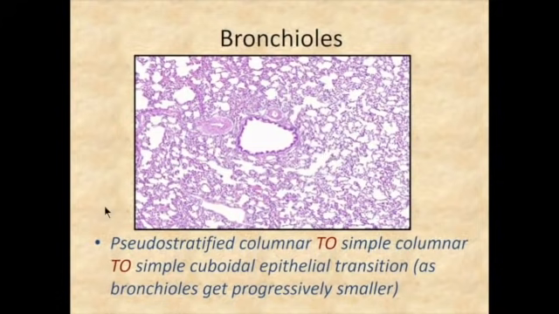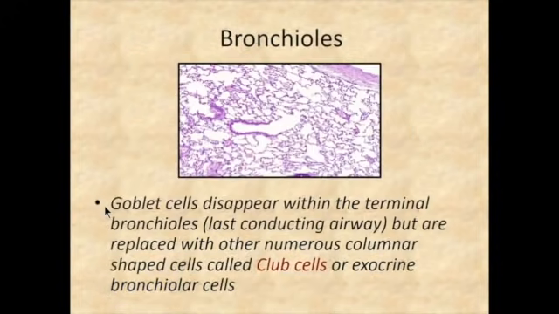Now, the epithelium gets even shorter here, and it can even end up just being simple columnar in its appearance, okay? Here is another picture that shows you a longitudinal cut through a bronchiole. And so you can see the bronchiole ends. It ends in what they refer to as a terminal bronchiole, meaning the ending of the bronchiole, and it's going to open up